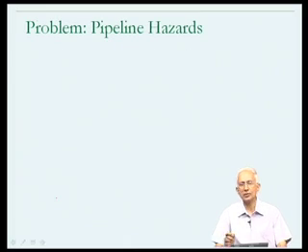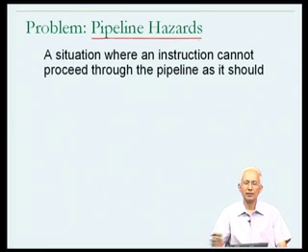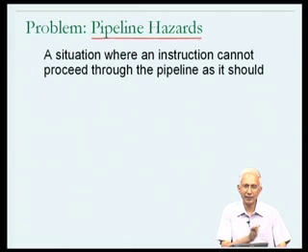Now the situations in which it is not possible for an instruction to complete every cycle arise out of problems within the pipeline due to different kinds of instructions, and these problems are known as pipeline hazards. Basically, a pipeline hazard is a situation where an instruction cannot proceed through the pipeline as it should. Right? And if an instruction cannot proceed through the pipeline as it should, in other words, from IF to ID